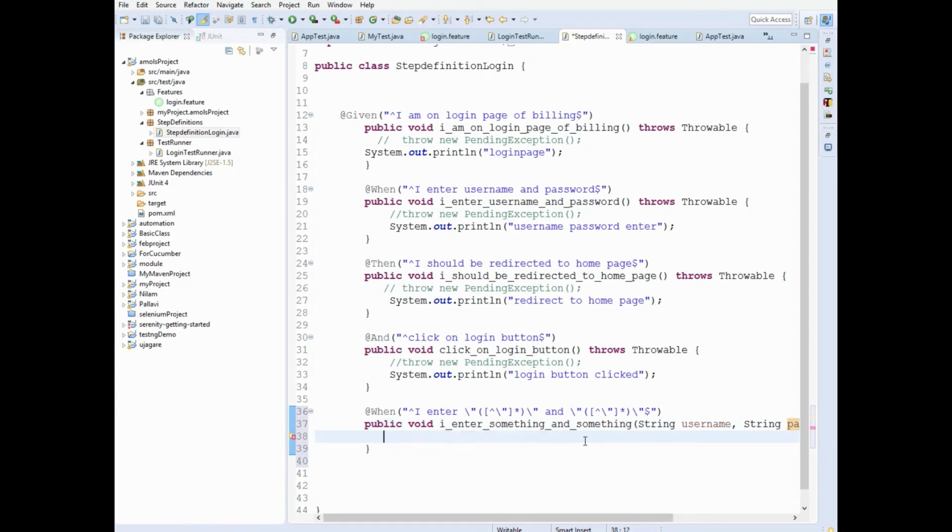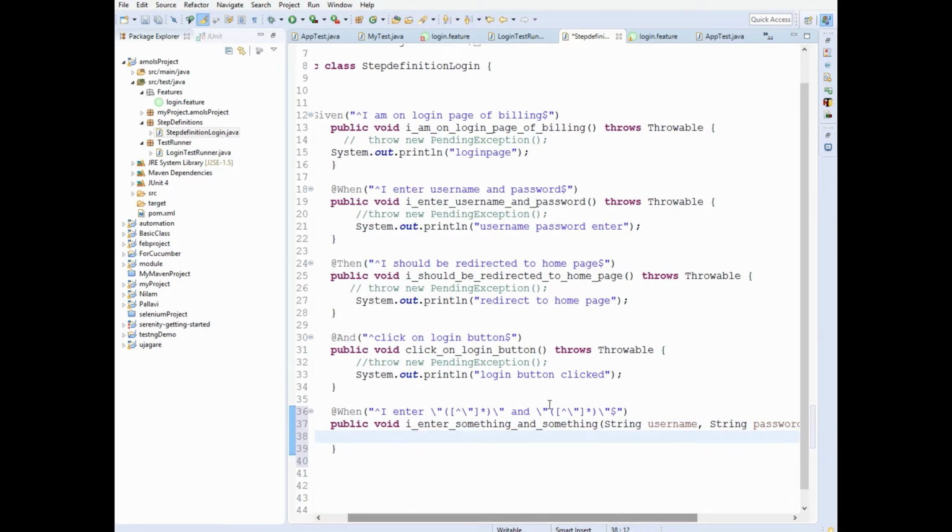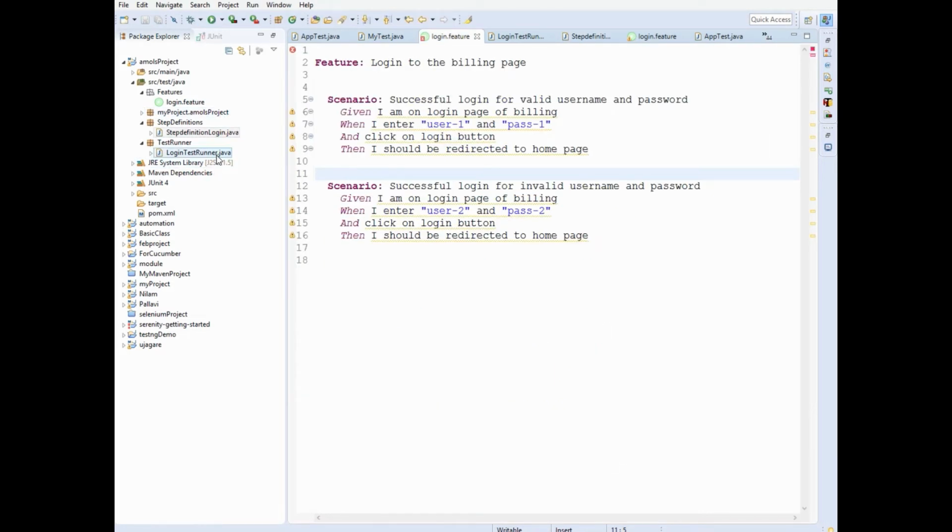Then what I will do is I'll just print this username and password, and let's see whether I'm getting those two different username and password for that two different scenarios. So System.out username plus password. Okay, so now let's run the test runner.